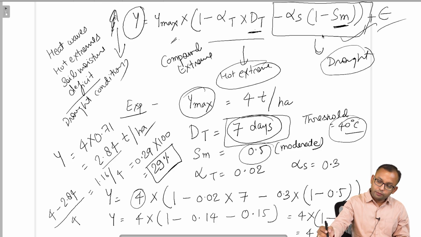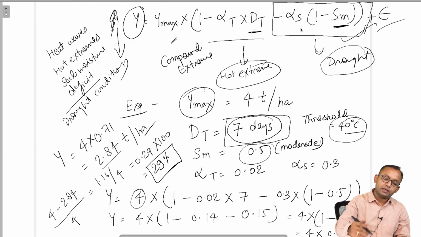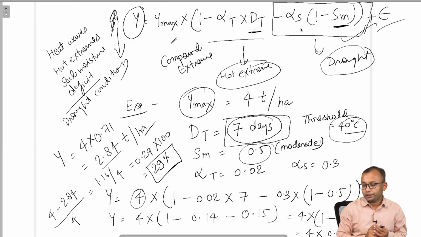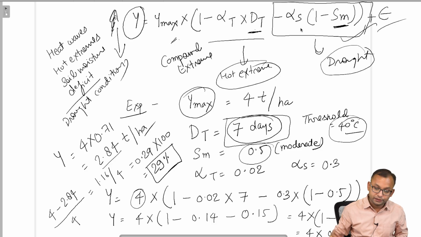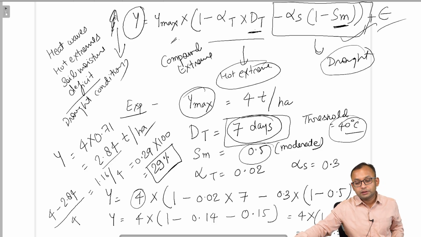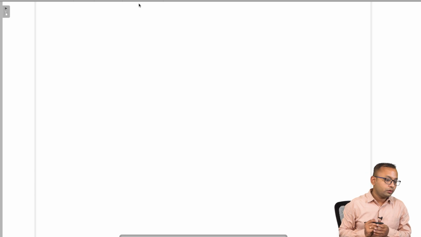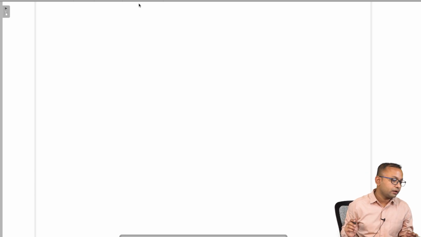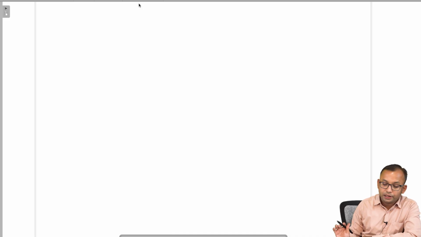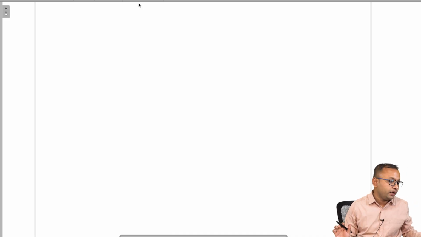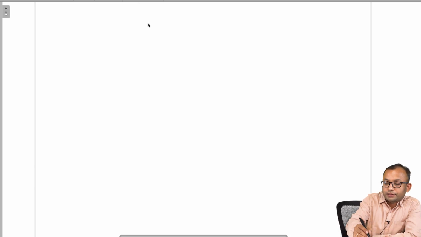So when we are talking about, let us say, if SM is further lower, it will also reduce your crop yield. If you have SM is higher, it will slightly improve the crop yield conditions of that particular region. So we can also model these separately. For example, we can only talk about heat extremes, and we can also talk about, let us say,